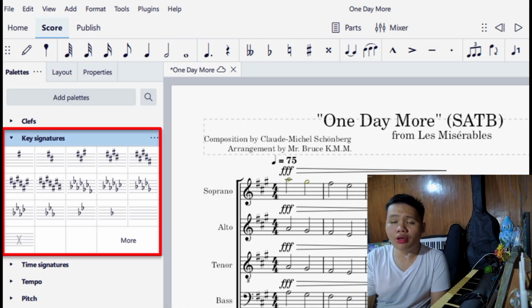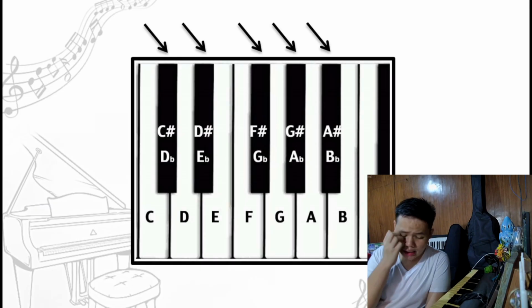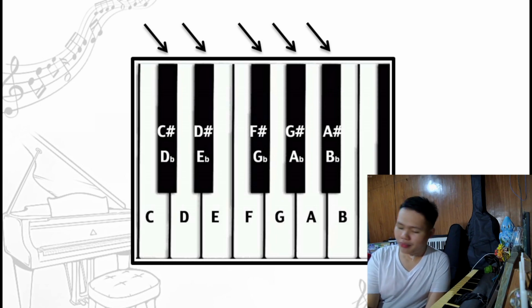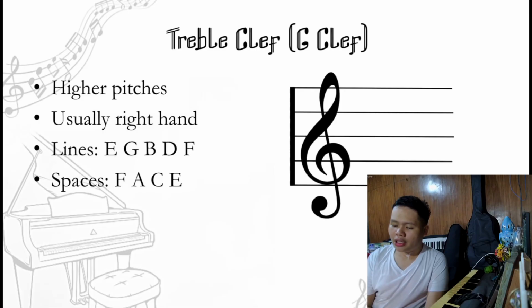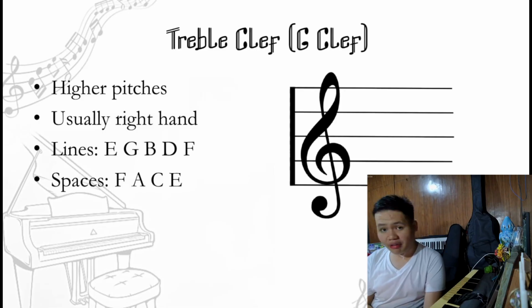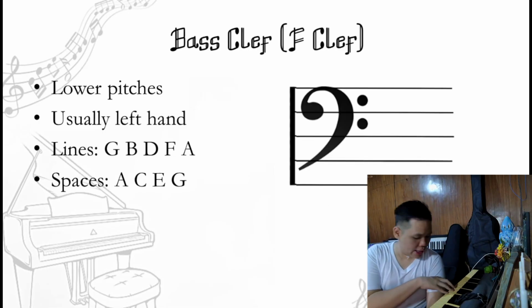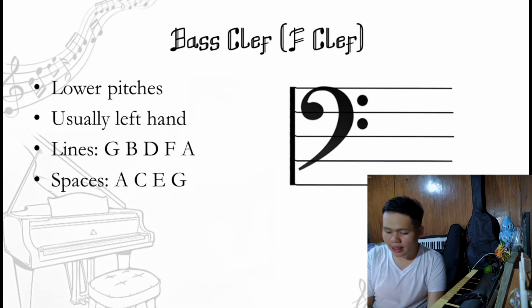If it is major, minor, diminished or augmented, because it is one semitone higher than the C, it is also called D flat because it is one semitone lower than the note D, and it applies to all of the black keys on the piano. For the specific letters, we use "every good boy does fine" for the lines, and the spaces will be "FACE", which is F A C E, and the lines B D F and A, and the spaces A C E G